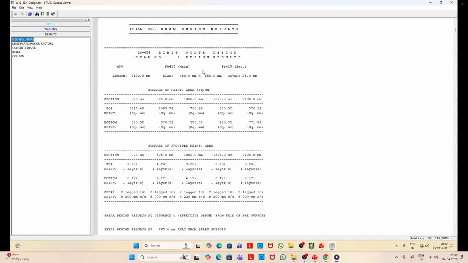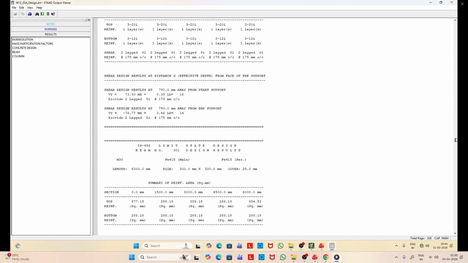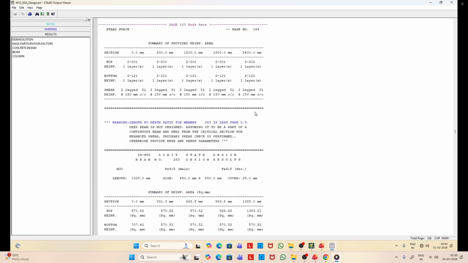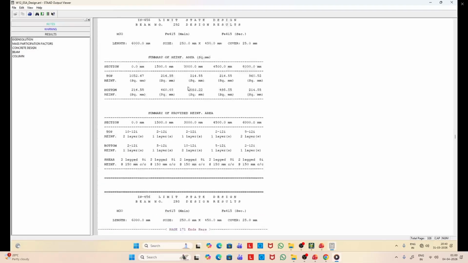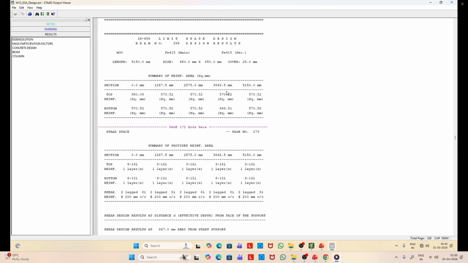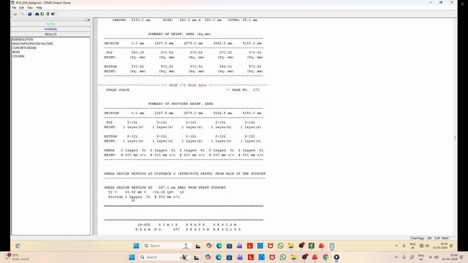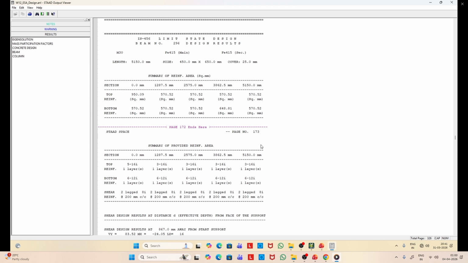Now, if you see the beam, here you have the complete design details. As you can see, here you can see the shear design results along with the reinforcement details, and all other section wise reinforcements are defined.